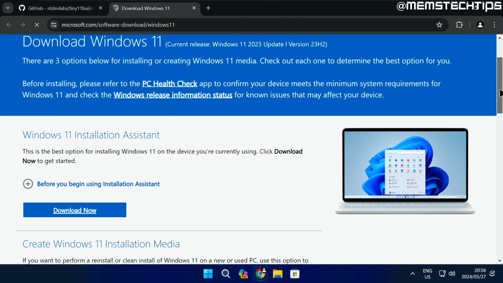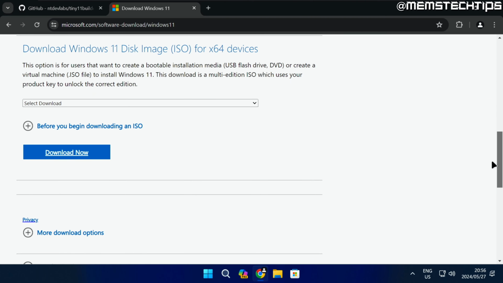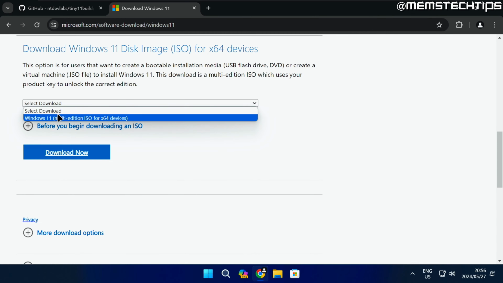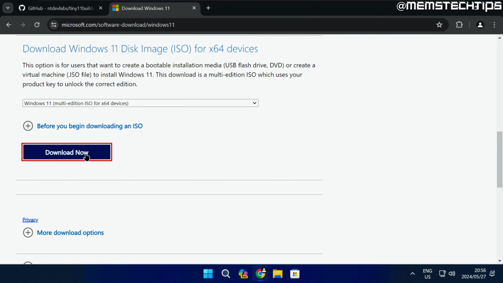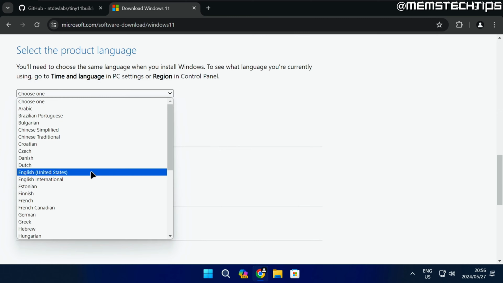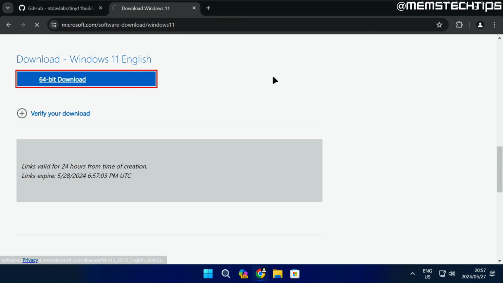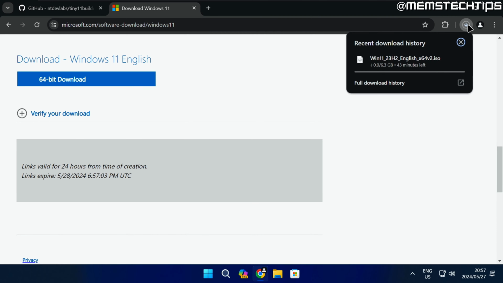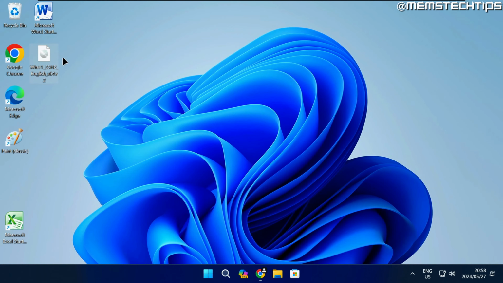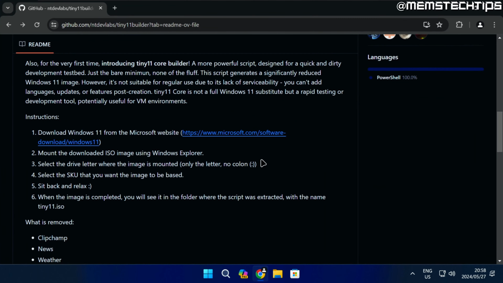So to get started with the creation of this Tiny11 ISO file, start by downloading the Windows 11 ISO file from the Microsoft Downloads page. This is a really straightforward process, and you can just follow what I do on screen or search my channel for videos on downloading the Windows 11 ISO file if you don't know how to do this. But once you have the ISO file, save it on your desktop and then head back to the Tiny11 Builder